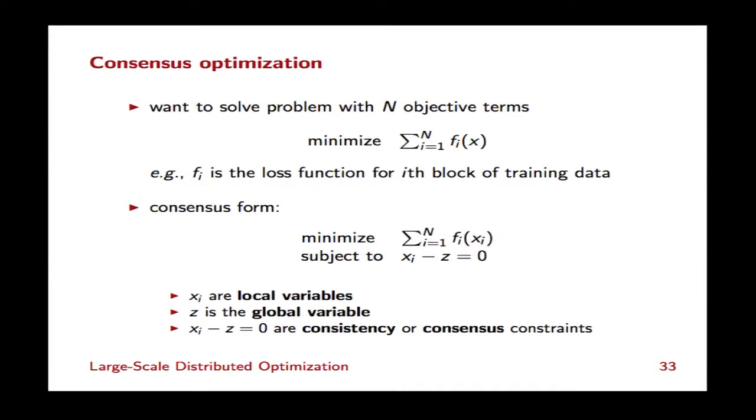Okay. So the simplest optimization problem you have, distributed, is this. You want to solve a problem where you minimize a sum of objective terms. Okay, that's it. And by the way, if you want to think of this in a practical way, it's very simple. x is a vector of parameters in a statistical model. Let's say it's weights in a classifier, say a spam filter. f_i is going to be the loss function for the ith block of data. So I have,